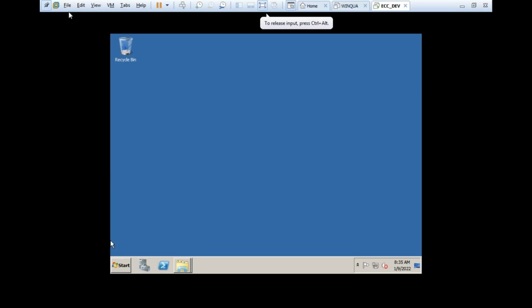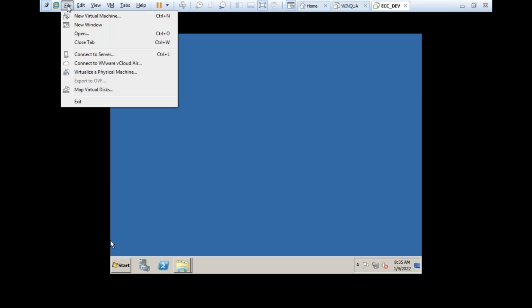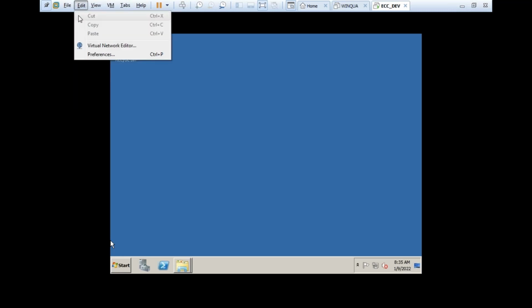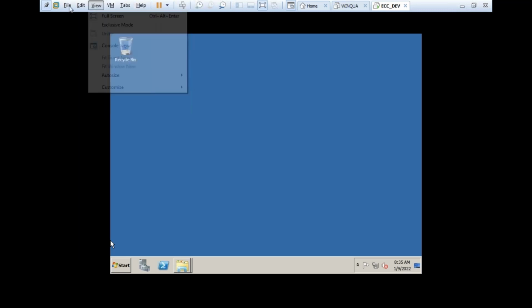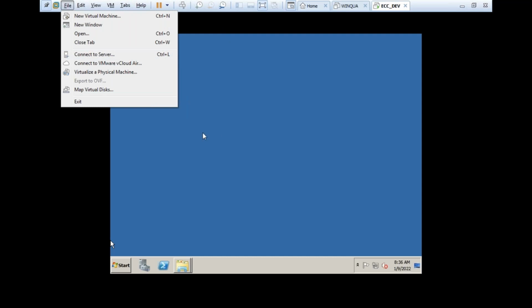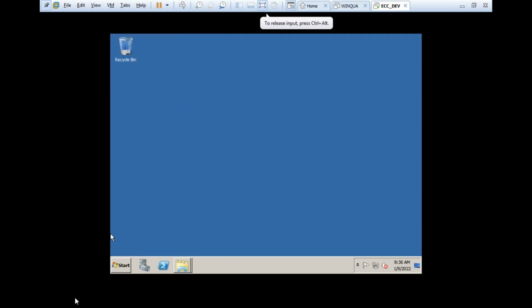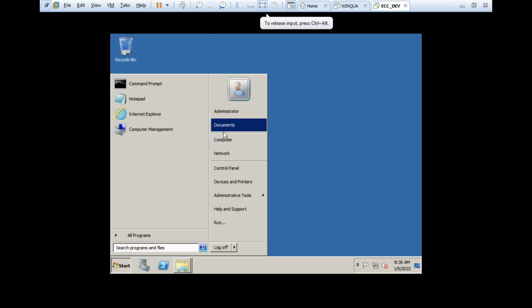Go to the computer properties, on the VM itself. Right click properties.